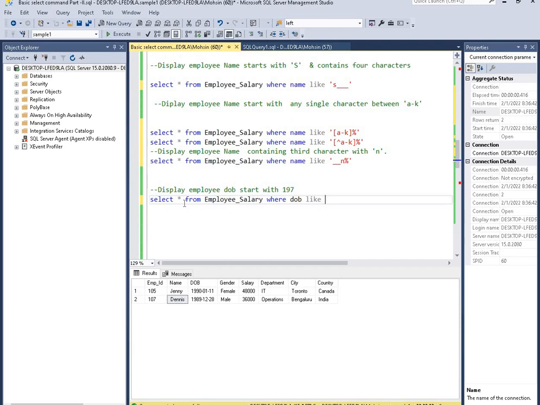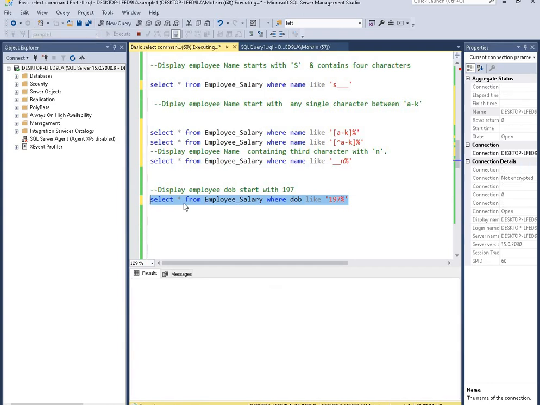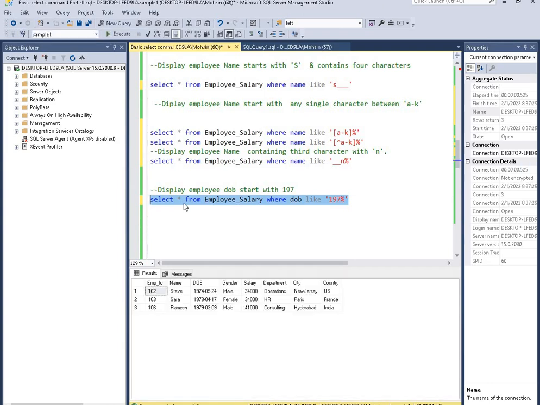Start in single quote 1907, then percentage, may be 0 or more than 0, that's why. 1974, 1978, 1979.